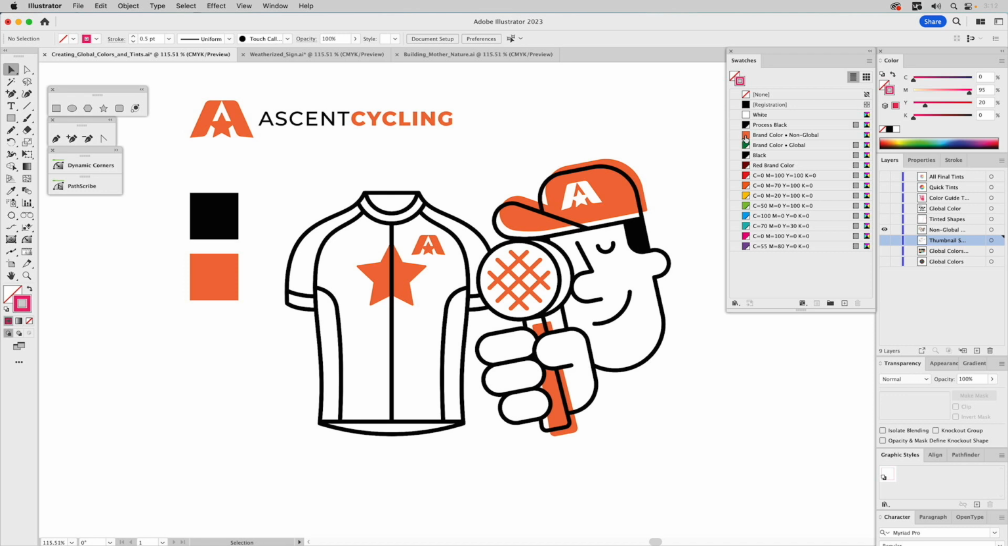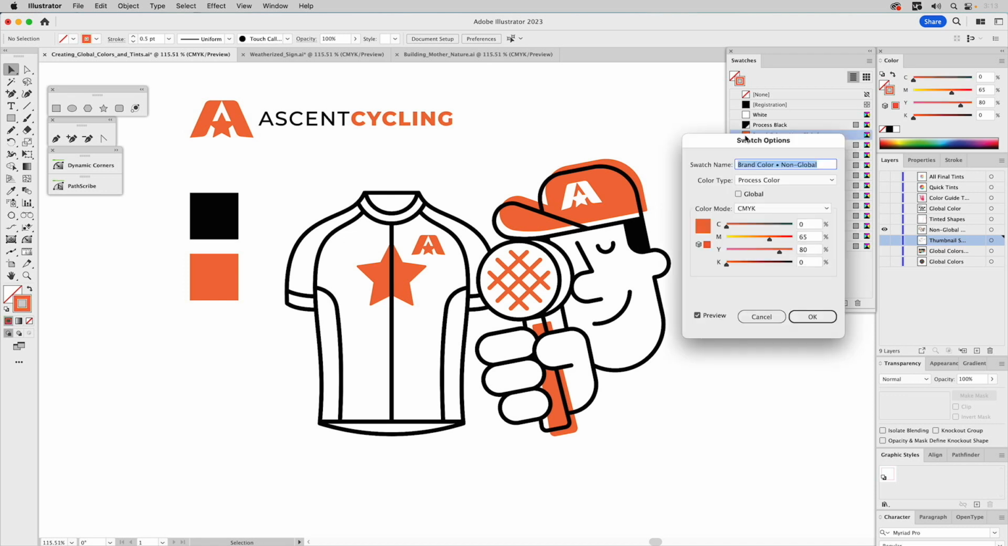But as it is right now, it's a non-global color. And when I say non-global, notice these other swatches below this brand color have all of these right-hand corner triangles. That means it's a global color. This one doesn't have that. So if I just click into this and I go, I want to switch this. So instead of 65 and 80 to get this tangerine color, I want it more to be kind of a